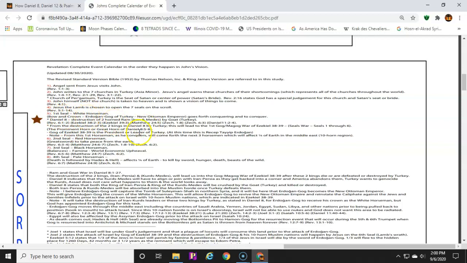You can see these different steps, and you can read about how the white horseman has the bow and the crown, and how this white horseman is given a crown, okay? He doesn't have a crown. He's an insignificant person to start with, other than he's a leader of a country, but there's a lot of leaders of countries that aren't significant people, okay? But Turkey, or Erdogan, will become a significant player in the Middle East. He does have the second largest army in NATO. He is the largest force over in the Middle East, and he is going to create havoc.